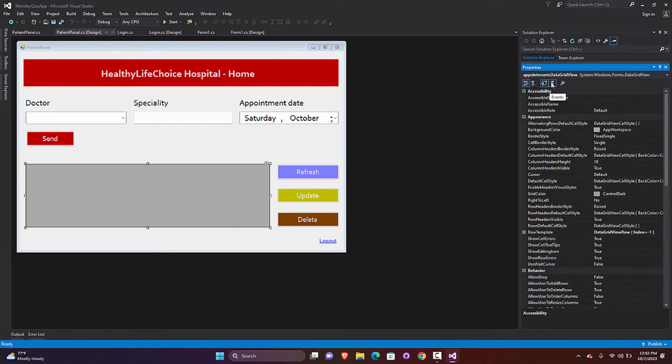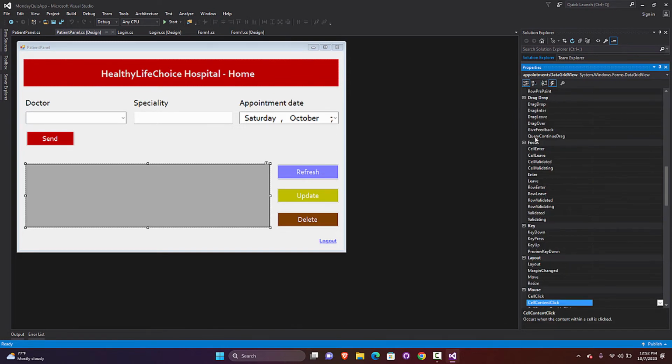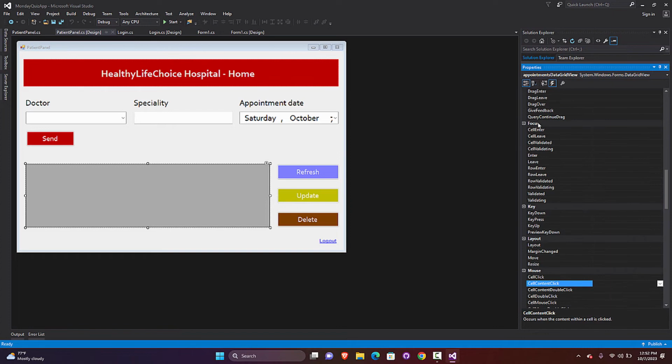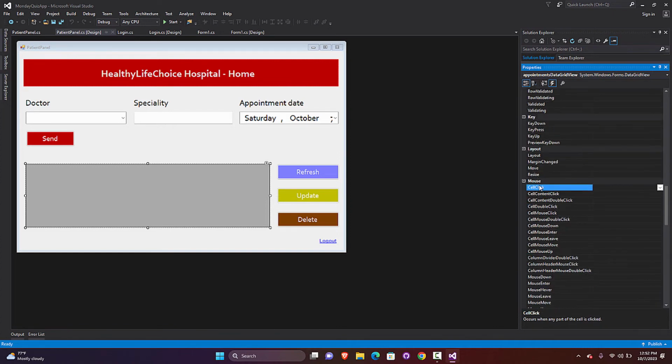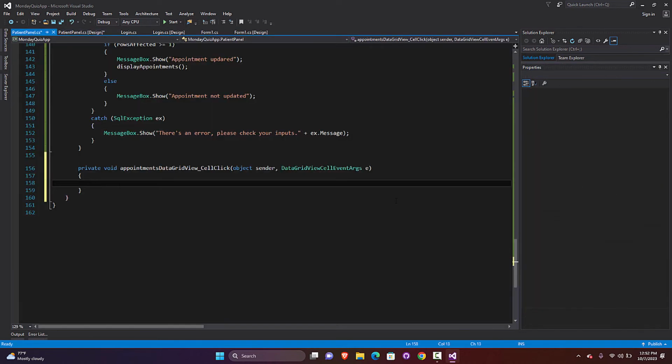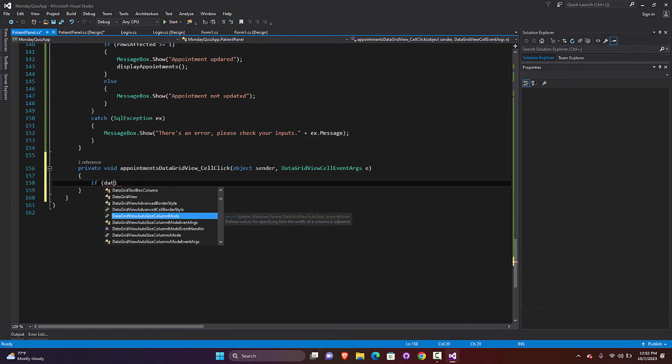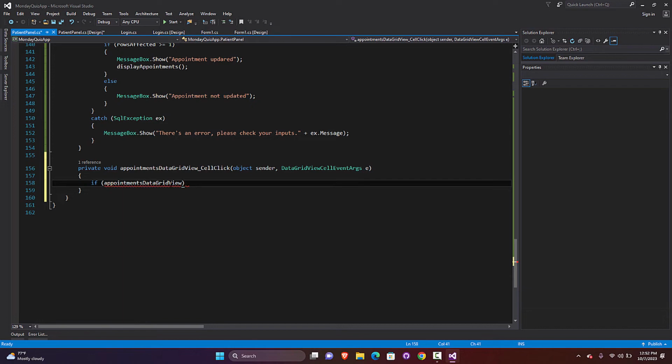You come here in events, in the mouse panel, you check cell click, you double click, and this is our event. Then when it is clicked, we check if there are rows inside: if my appointment data grid view rows dot count is greater than 0. If there is something,